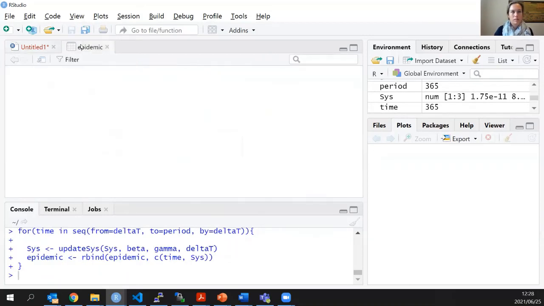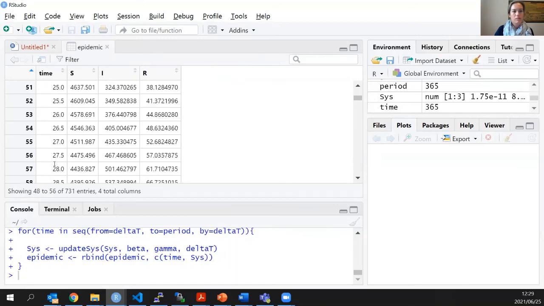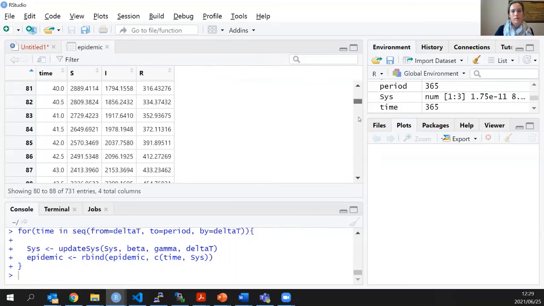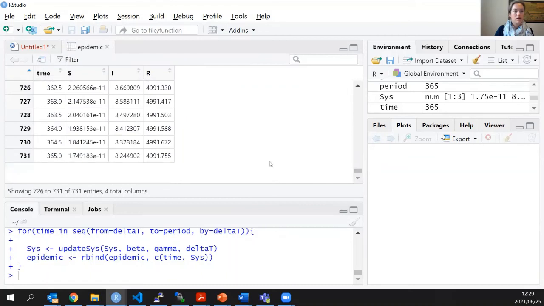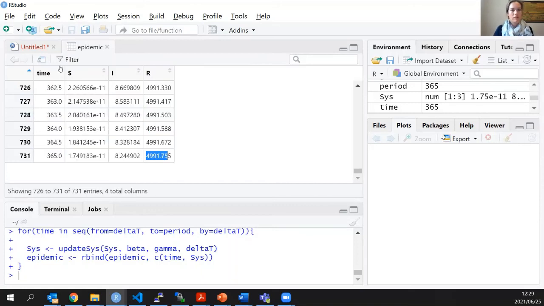And now let's see what epidemic looks like. So we see as time goes by, how the system changes. And after a year, we can see almost no one left in the susceptibles. There are 8 infected people, and almost everyone. The rest are in the recovered